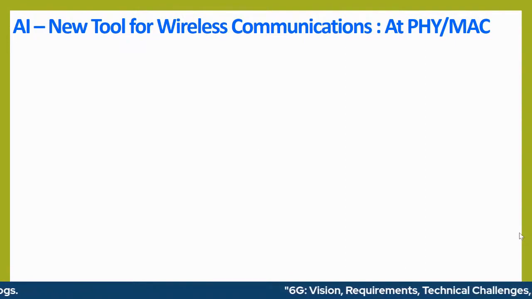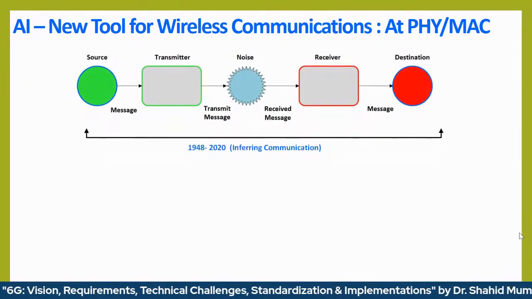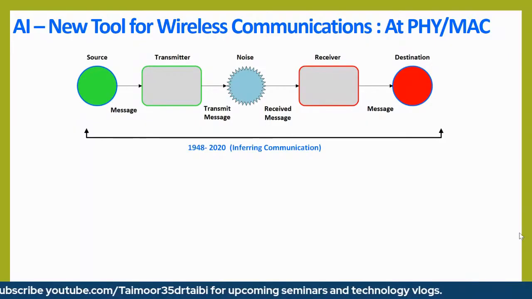So the tool which is quite important for wireless communication is machine learning. We have worked a lot on machine learning in 5G, where we developed different solutions, mostly at the physical layer. And if you see the information theory work from 1948 to 2020, we use a very simple